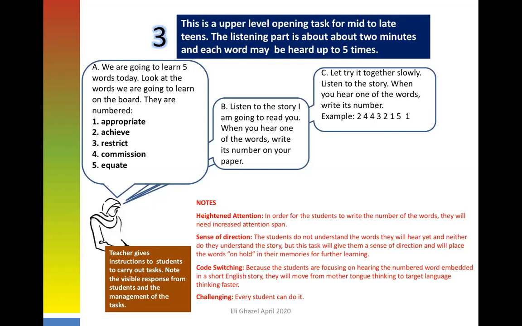And again, you can make it easy by having these words appear in order, but that would not be nice, because then they would write only 1, 2, 3, 4, 5, and we don't want that. We want these words to appear in the story more than once, 2 to 3 times at least. And if you want to make it very, very difficult,